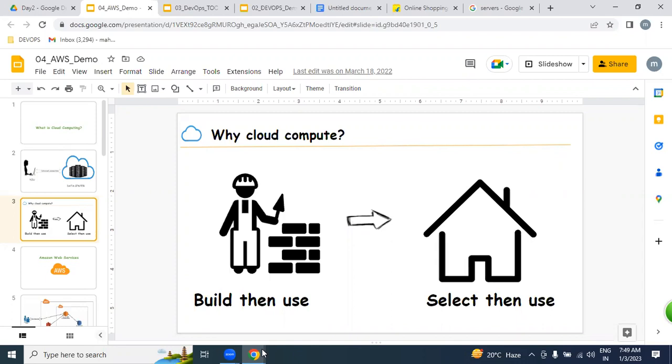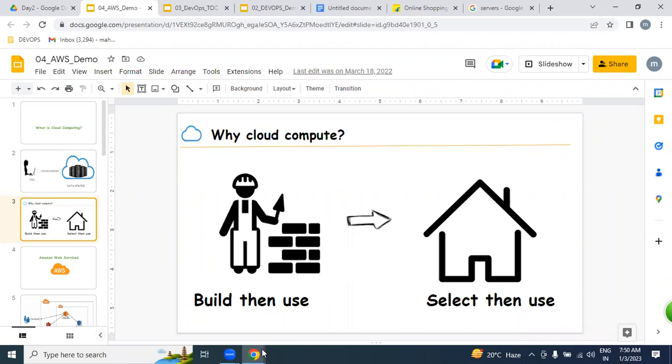The same way here also, just for deploying our applications, are you going to buy a server or rent a server? Which is better for you? Obviously, a rental server. If you buy a server, it may cost more than lakhs of rupees.